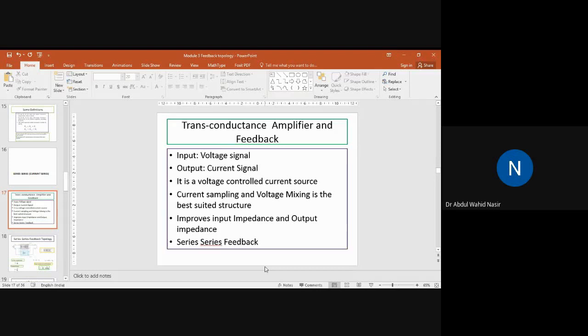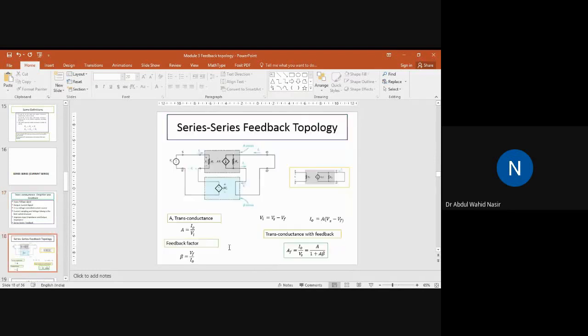Improvement means in this configuration, both the input and the output resistance should be infinite, or in practicality, it should be high. Clear? So it is also known as the series feedback amplifier, as has been shown. Now this is the series feedback topology. You can see there from the output we are tapping the current signal and giving it to the input, and the mixing at the input side is done using a voltage VF.